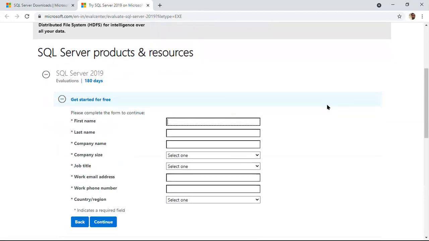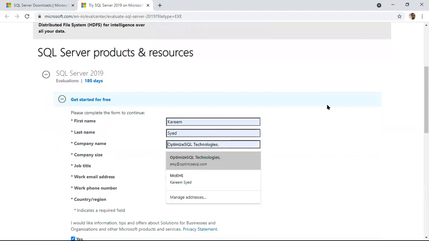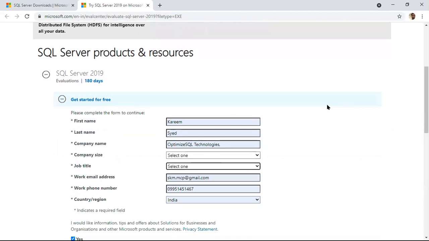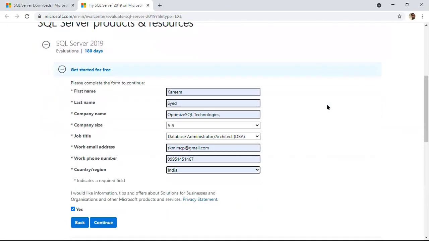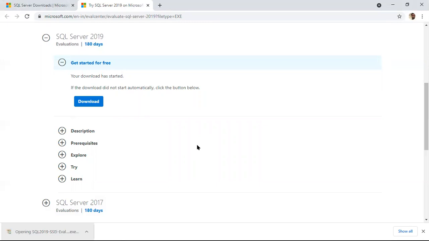Just type any information; it doesn't mean you have to use some specific information, you can type anything here. Continue. It has started downloading. Your installation startup file is downloaded. Click on that file.